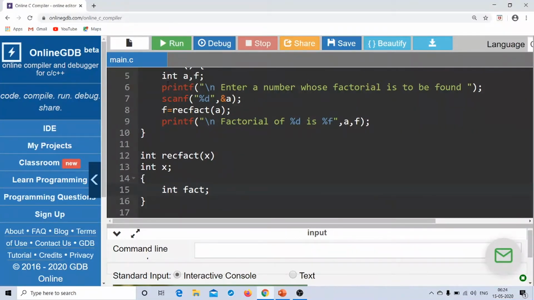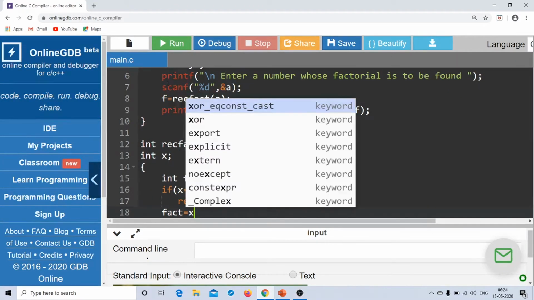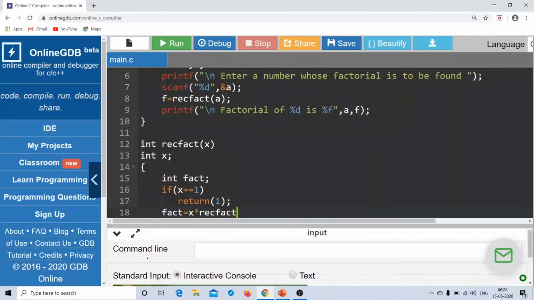I have a local variable called fact, and if x equal to 1, if you are trying to find the factorial of 1, I just say return 1. Otherwise, I will say fact is equal to x into recfact of x minus 1,